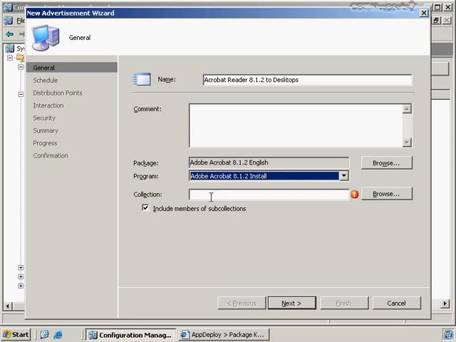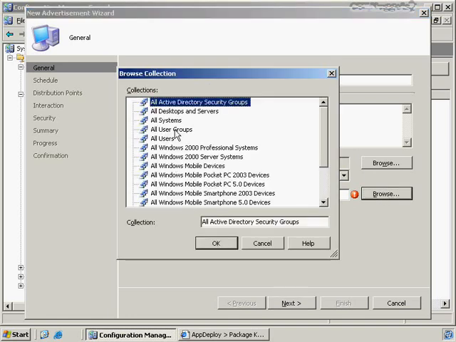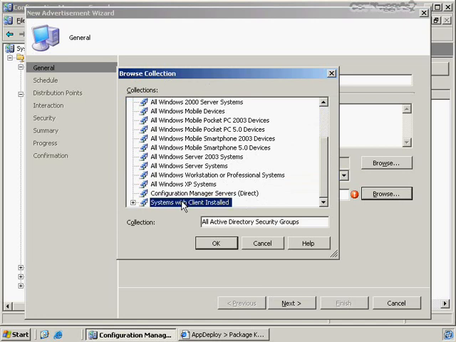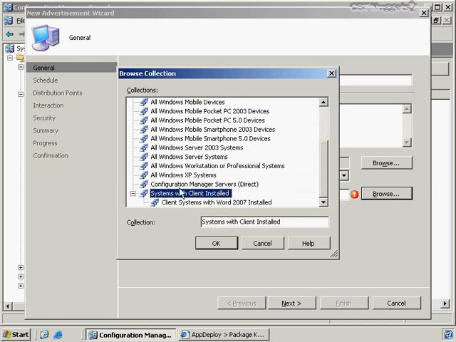And then lastly, we have to choose a collection that we want to deploy the software to. If we choose the Browse button here, we have all the collections that we created in one of our previous nuggets. The one that we're interested in here are systems with client installed. Now we know that our client systems with Word 2007 are our desktops because we wouldn't have Word installed on our servers. So let's go ahead and deploy to this